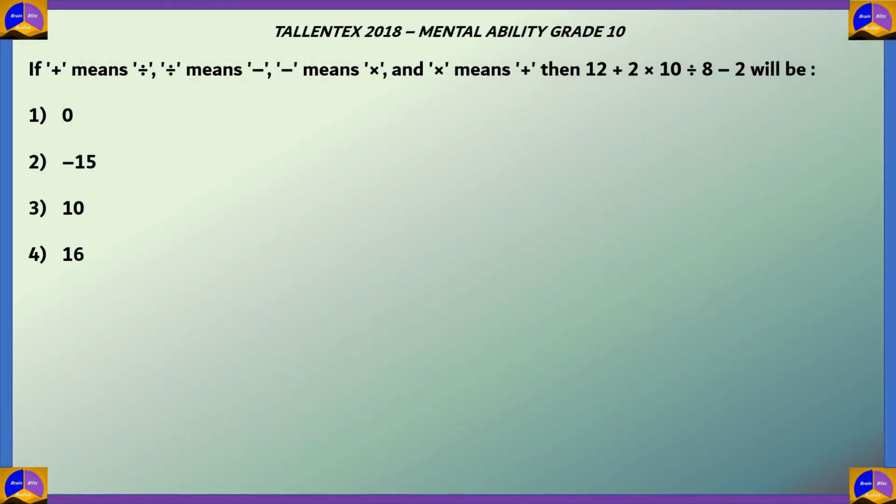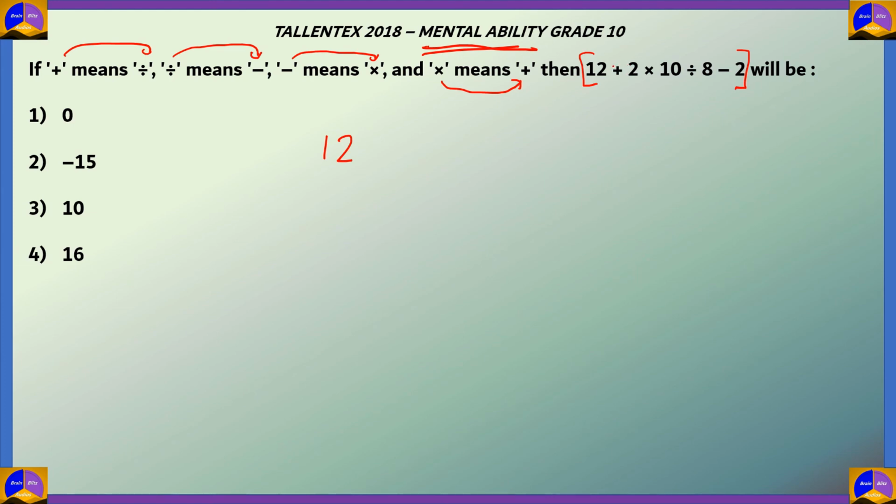Now let's look at questions of mental ability. Mental ability. If plus means divided by, divided by means minus, minus means multiplied by, and multiplied by means plus, then find out the value of 12 plus 2 into 10 divided by 8 minus 2. So let's